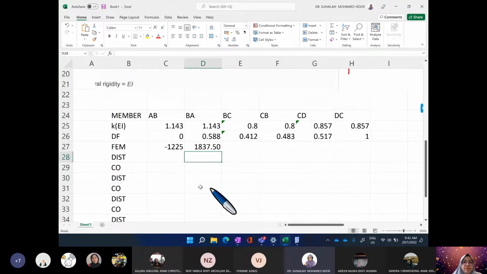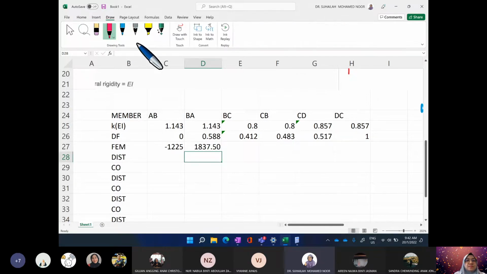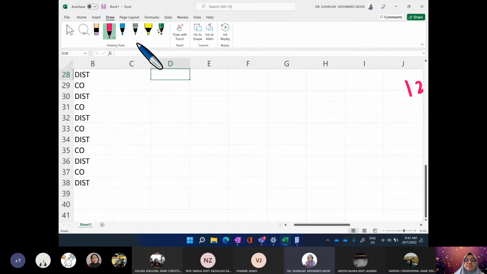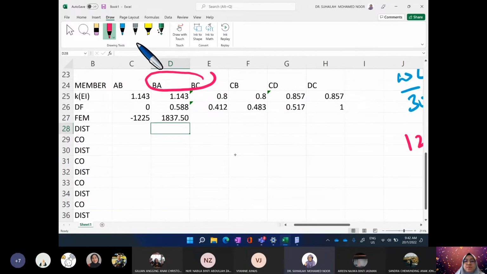So we start the first distribution. Okay, so joint B. This is joint B. So the joint moment, it looks like this. So this is joint B. Okay, the moment that we calculate from fixed end moment is